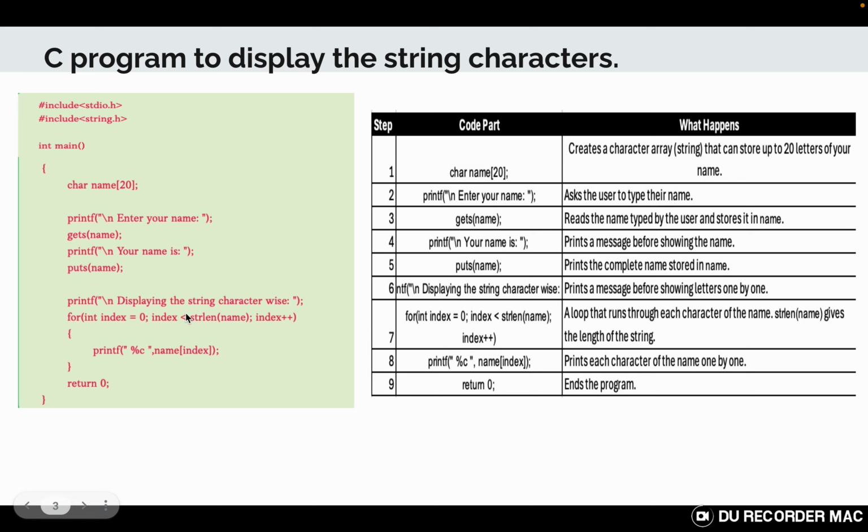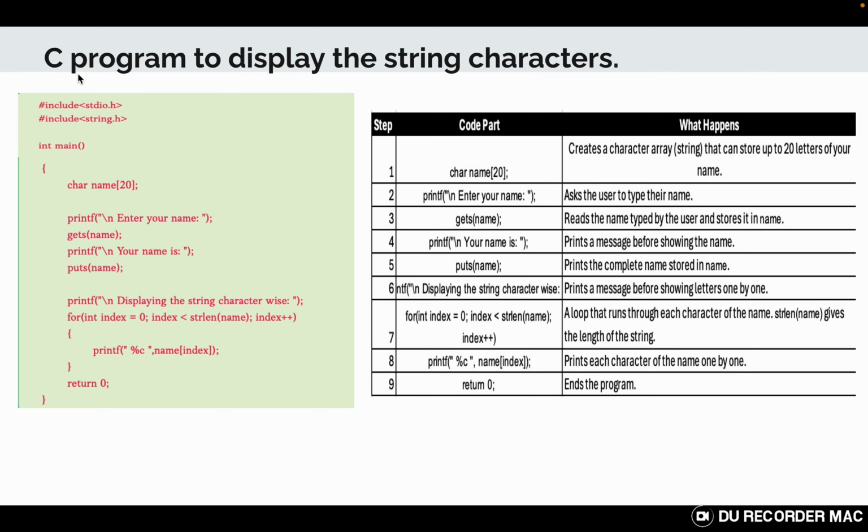That means it will run 7 times, and every time it runs it prints name 0, name 1, name 2, name 3, name 4, name 5, name 6. So it will print name 0. If this program is put in this